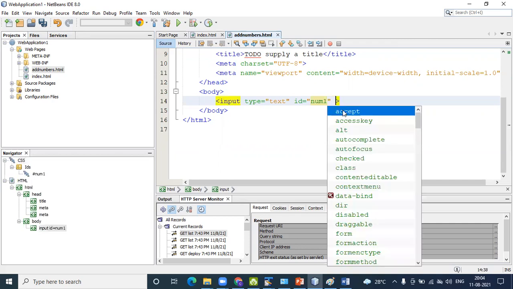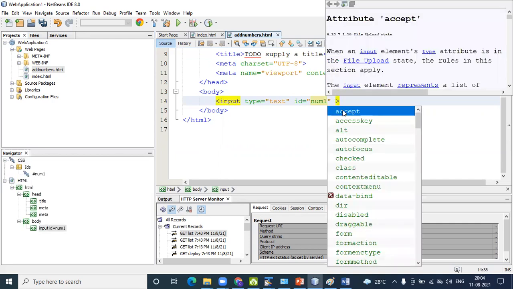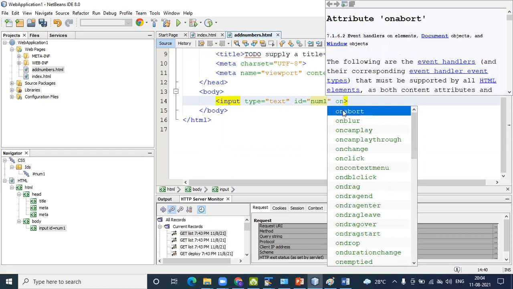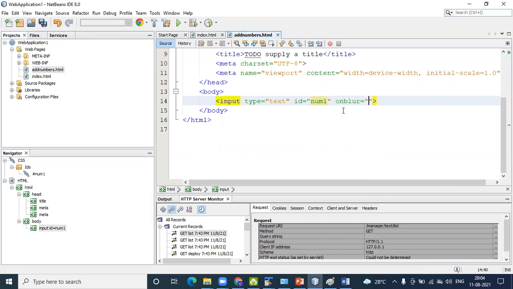Okay. Pass the function on blur. Onclick is there, and I pass onblur. Onblur equals to, I call the function. Function name is sum.